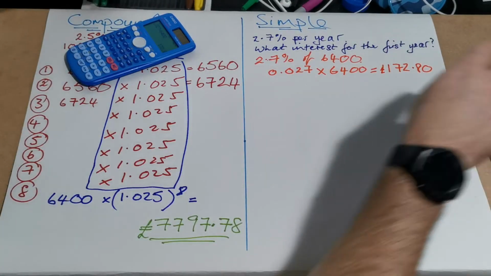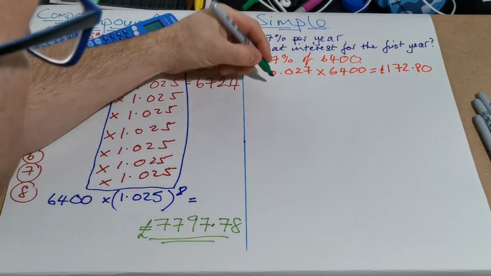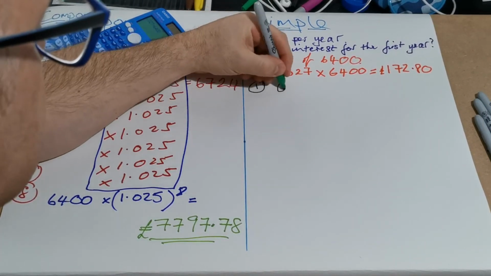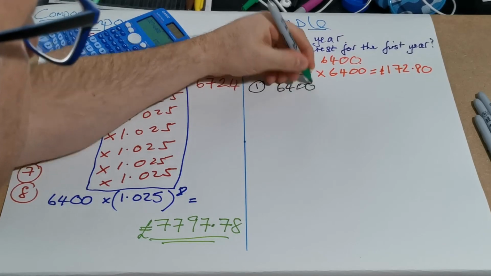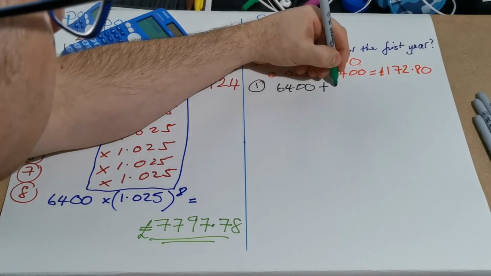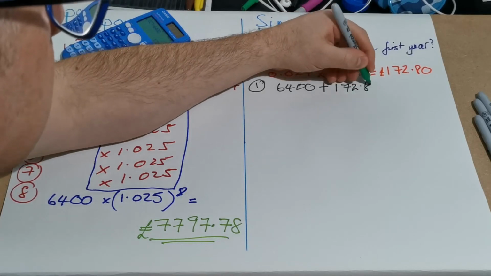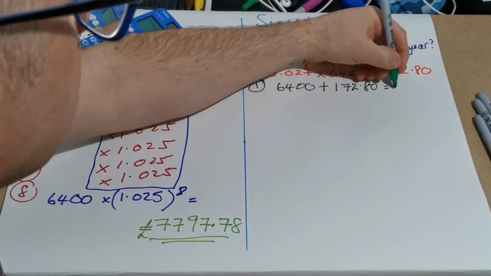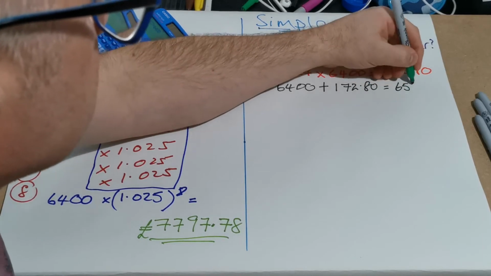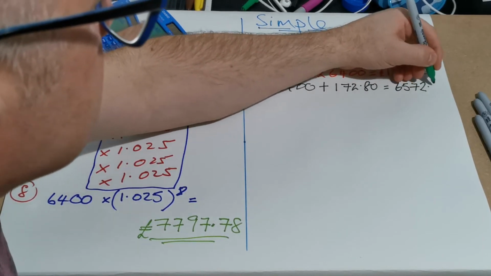So in this example, in year one, you would have your 6,400 plus the interest that you've gained, which is 172.80, and obviously that equals £6,572.80,